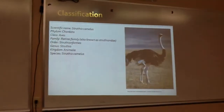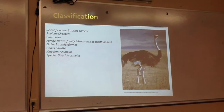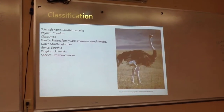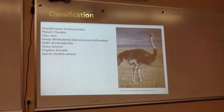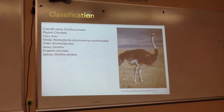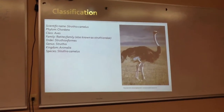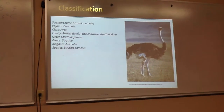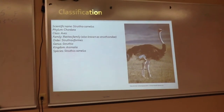Their scientific name is Struthio camelus. Their phylum is Chordata. Their class is Aves. Their family is the Ratite family, also known as Struthionidae. Their order is Struthioniformes. The genus is Struthio, and the kingdom is Animalia. Next slide, please,